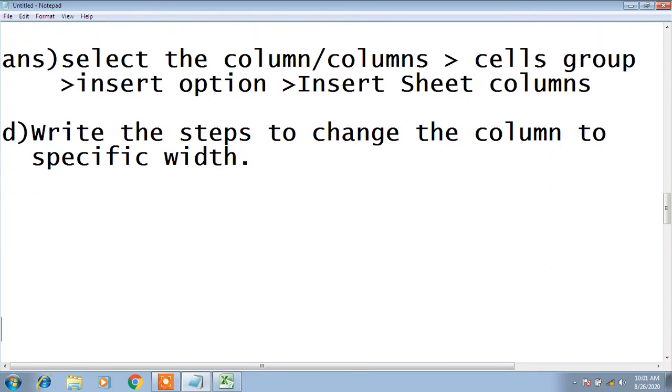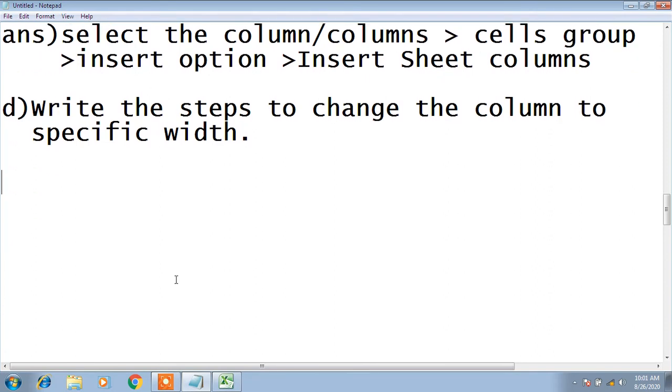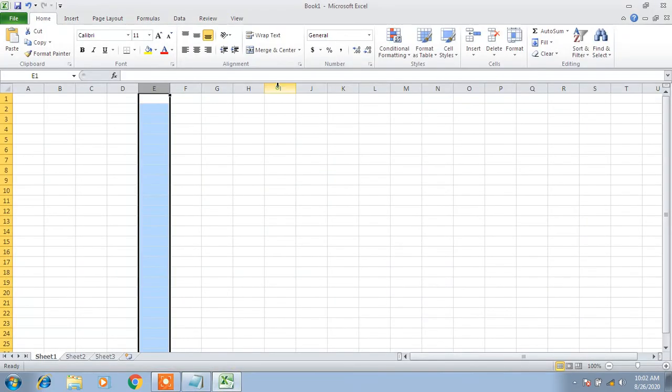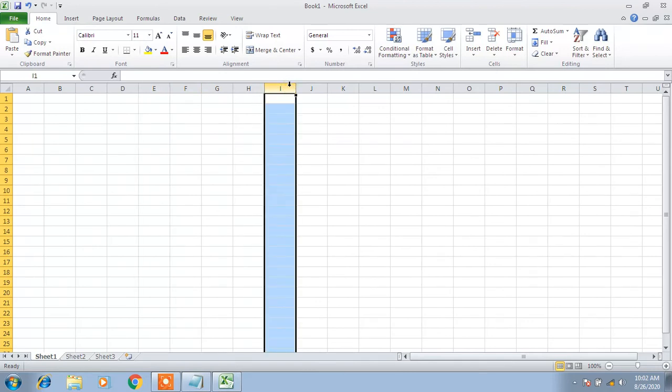Now the answer: steps to change the column to a specific width. So select the column, then go to the cells group.